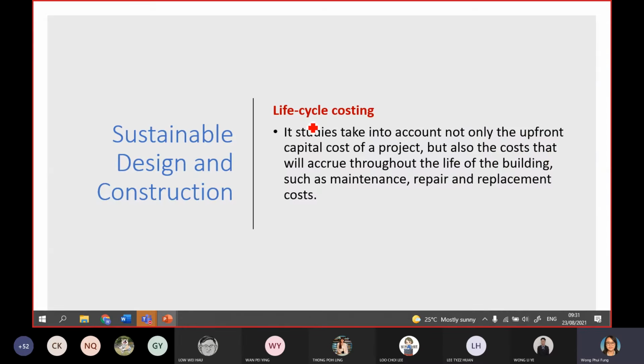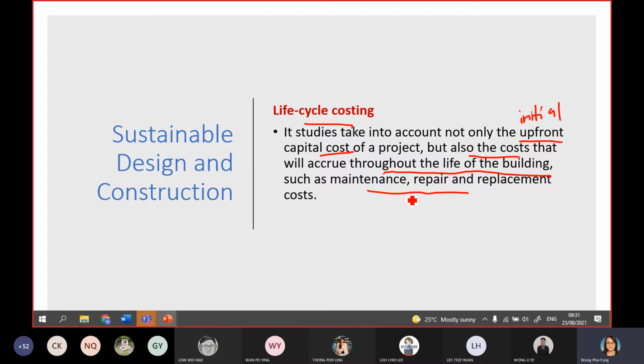And life cycle costing is also very, very important. What does life cycle costing mean? When we produce a design, when we consider a material, we should not just consider the upfront cost, which means the initial cost. Don't only consider the initial cost, but also the cost that will accrue throughout the life of the building, such as